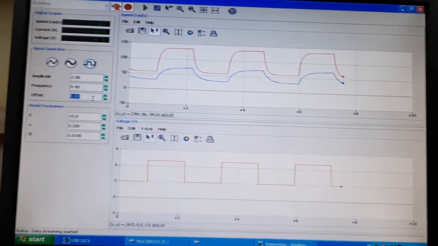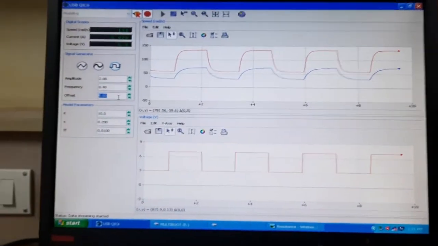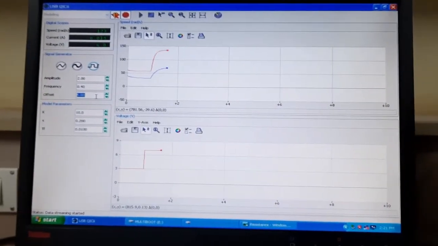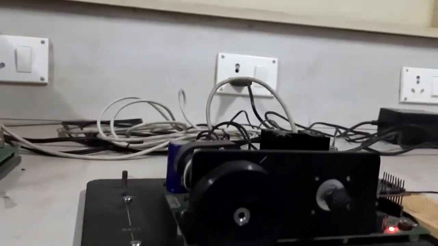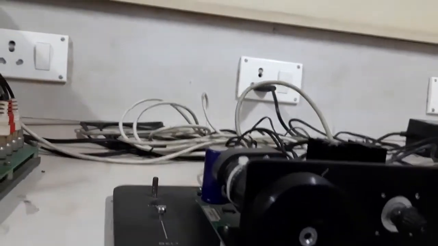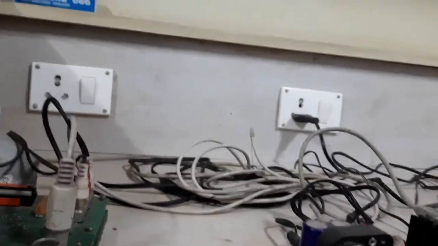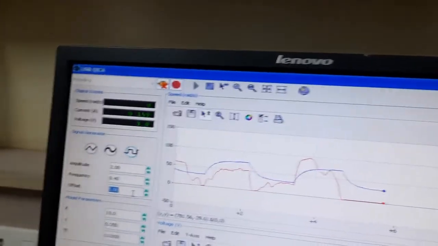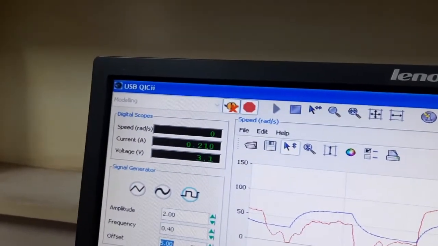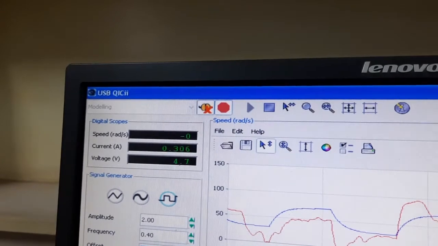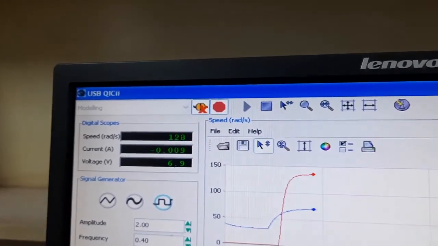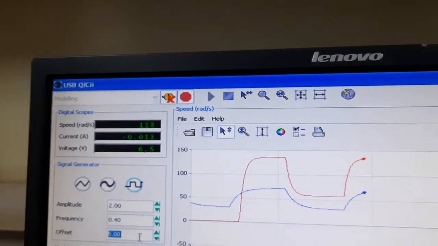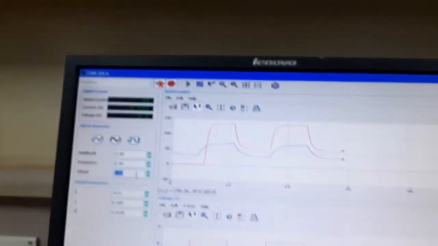To measure the current, we have to hold this rotating part. When we are holding this, you can see the current is showing a maximum of 0.4. So we have to note that maximum current.